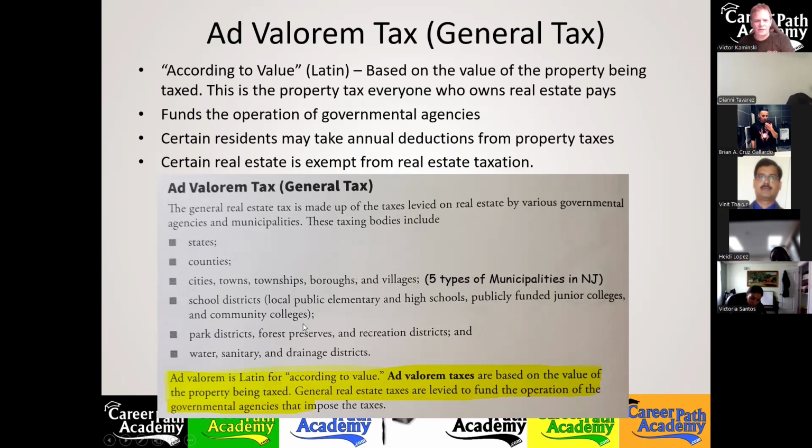Those mean people. So park districts, which is something I harp on a bit, because if you actually look at the breakdown of your tax bill, your property tax bill, about half of it or more than half of it goes towards a category called education. Does it actually get to the classroom, that money? Hell no. Park districts, forest preserves, and recreational districts, even though they created new taxes to cover those things, well, your property tax is supposed to be covering it.